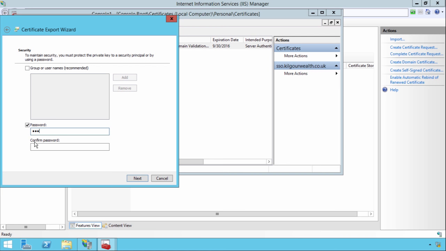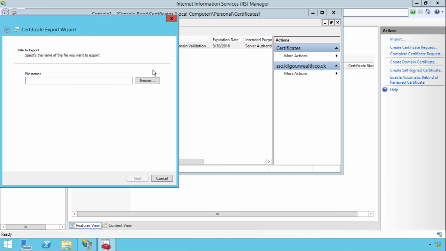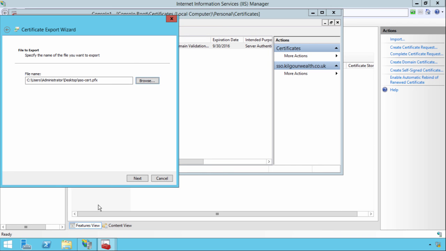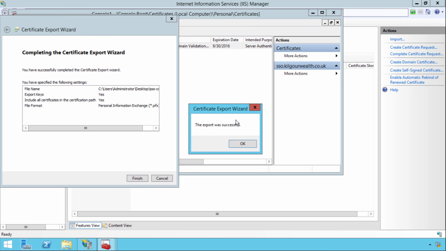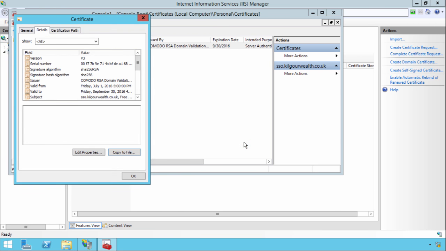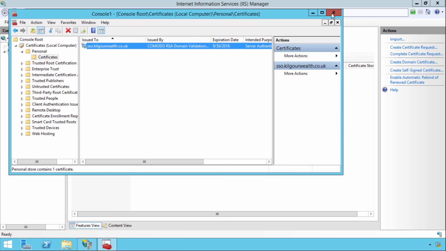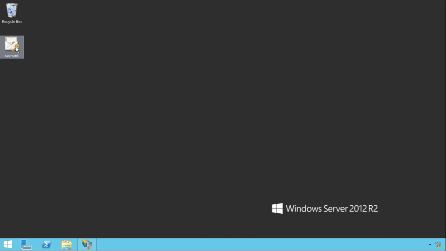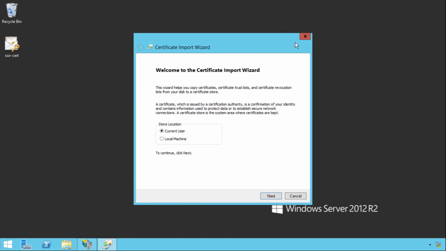It's mandatory to set some sort of password, so I just put 123. It's only for testing. We'll click next. We will select a place to dump this out, so I'll just do sysl cert, click next and finish. So that's all good. Export successful. We can come out of this and close down these consoles, and then we're free to copy this certificate to